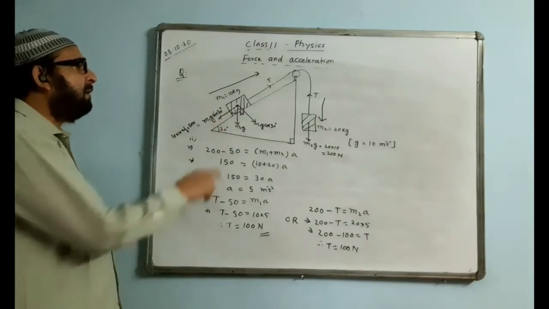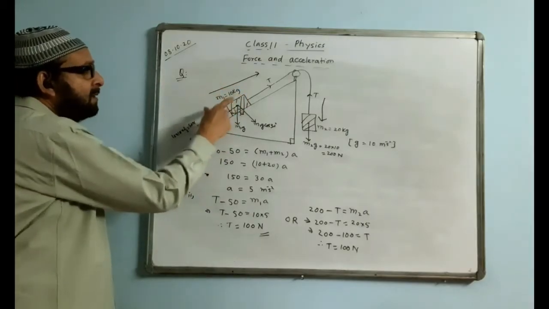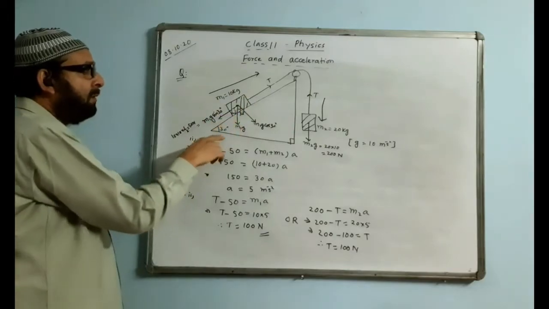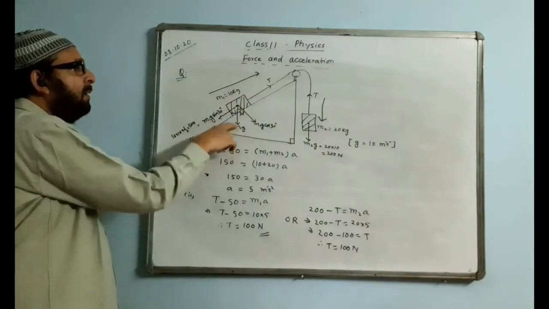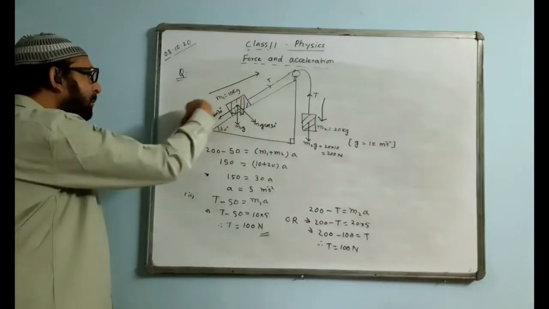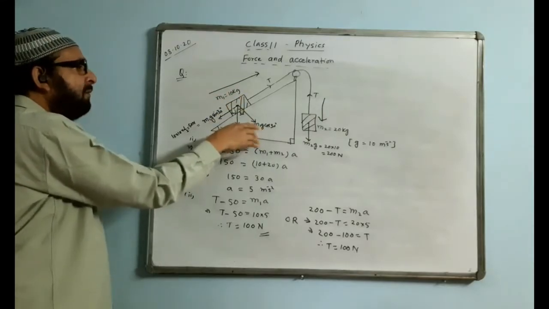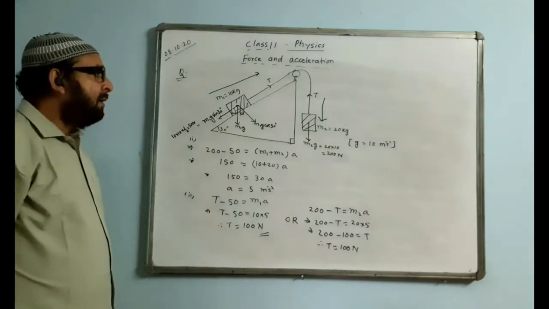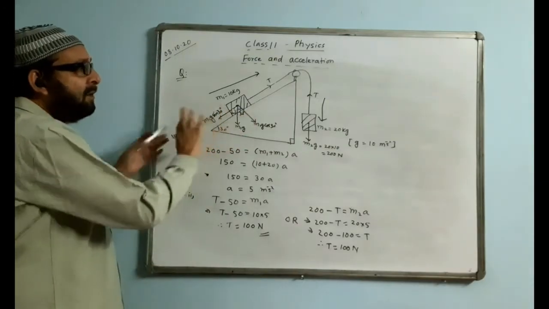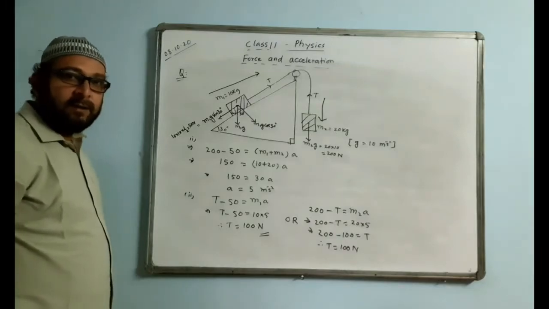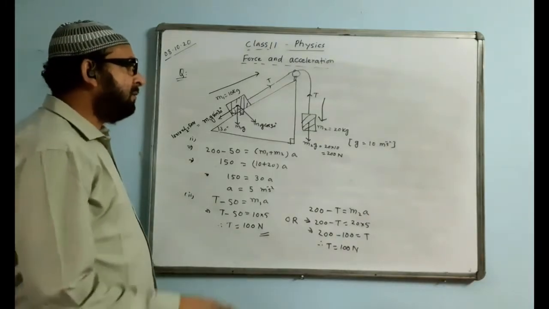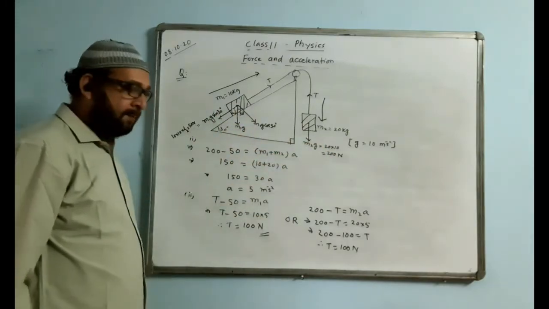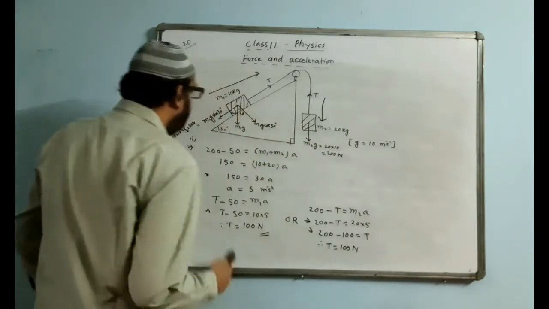So in an inclined plane, the mass kept on the inclined plane has a weight that will break into two components, this component and this component. This component will always be in sine form and this component will always be in cos form, depending on the angle given, 30. Then compare the forces and see in what direction the motion is taking place. Motion will take place when the difference of the forces is causing a motion.